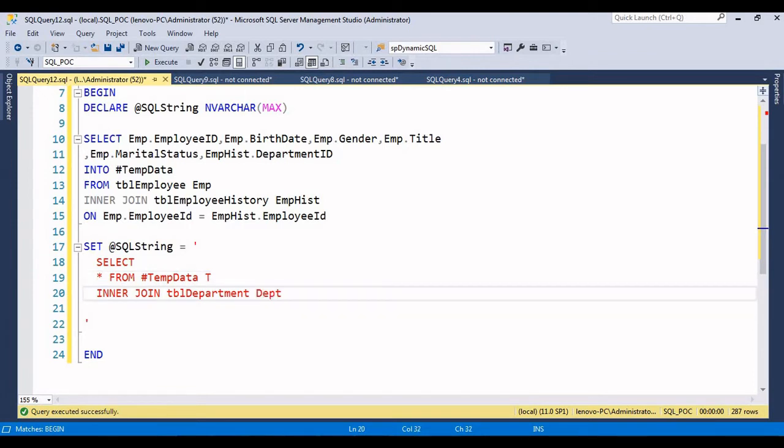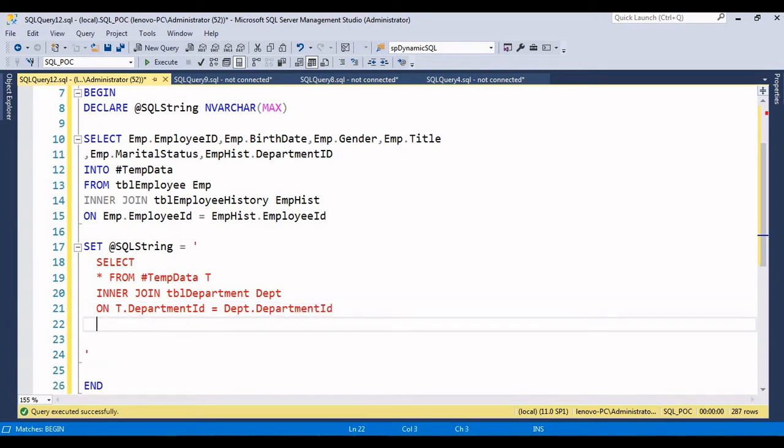In both the tables we have the common column department ID. From this table we are getting the department ID column, and also from the department table we have the department ID. So let's try to join by the common column: department ID equal to dept dot department ID,